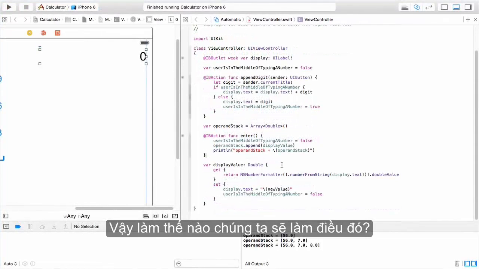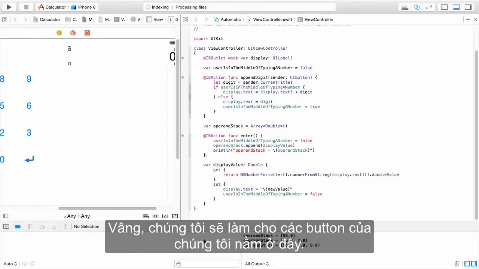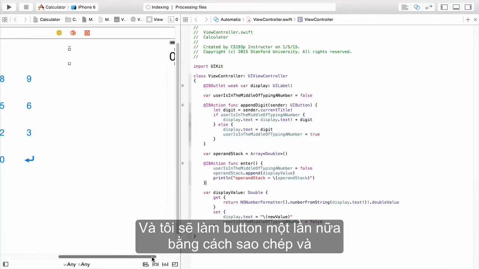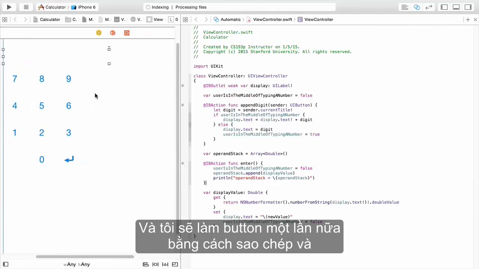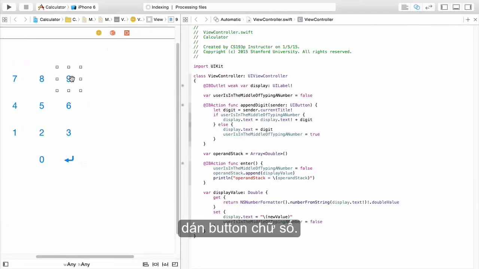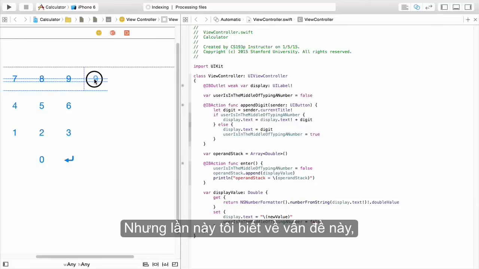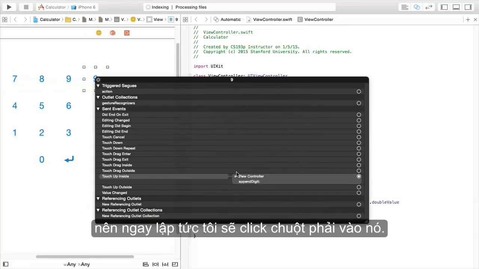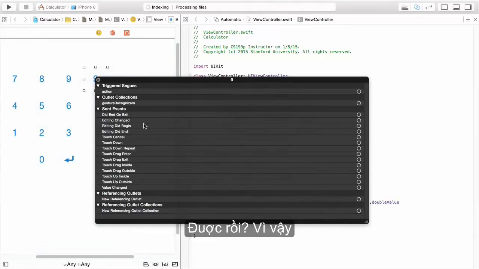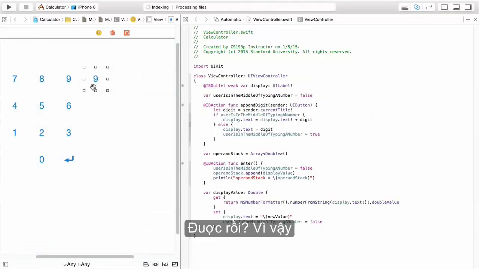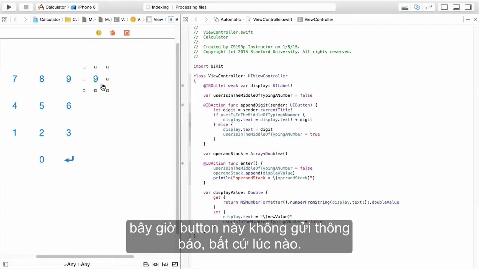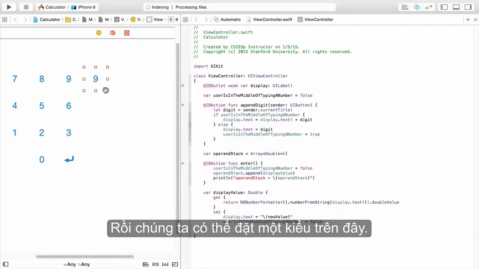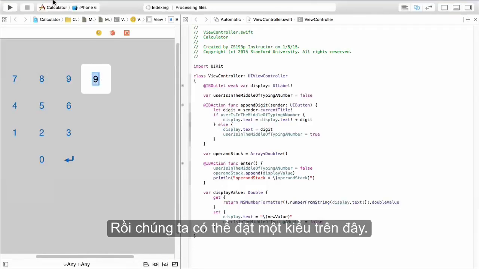so how are we going to do that? Well, we need to make our buttons here, and I'm going to make the buttons again by copying and pasting a digit button, but this time I know about that problem, so right off the bat I'm going to right click on it and disconnect append digit. Okay, so now this button sends no messages yet anyway,